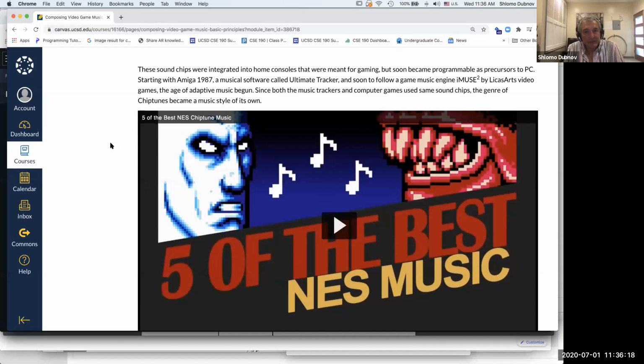But chiptune music actually became a style of its own. The more sound chips became available, some musicians took advantage of the fact that in computers like the Atari or the Amiga, which was the first one, you had sound chips, so you could really go and compose music for these new instrumental sounds.